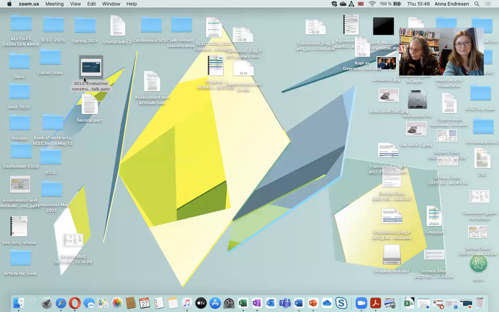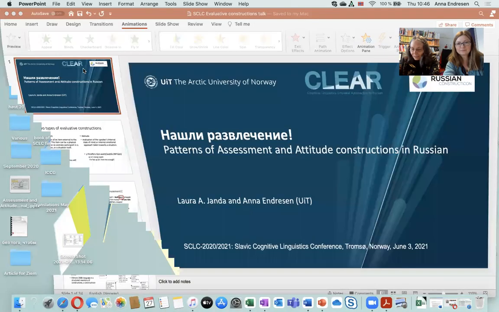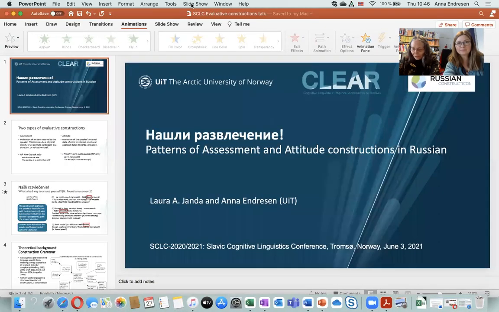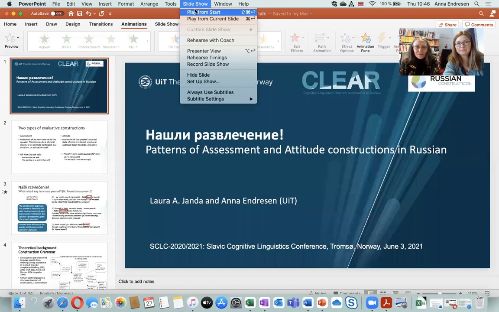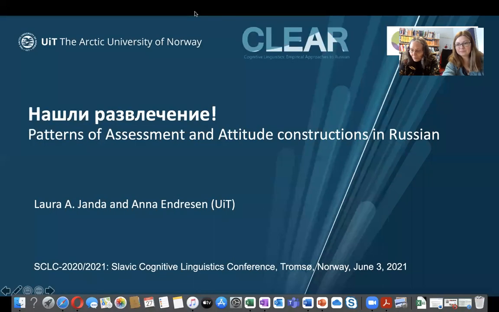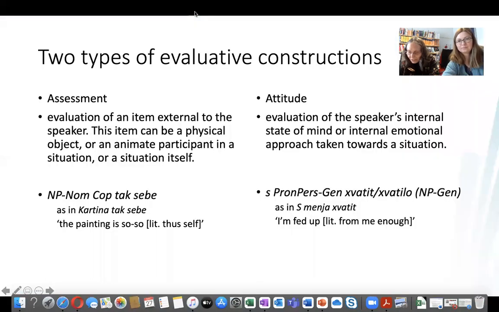Hi, I'm Laura Janda, and this is Anna Endresen, and we want to talk to you about two networks of constructions and how they are related to each other. And so we're going to look at two types of evaluative constructions. They are known as the assessment and attitude networks in our